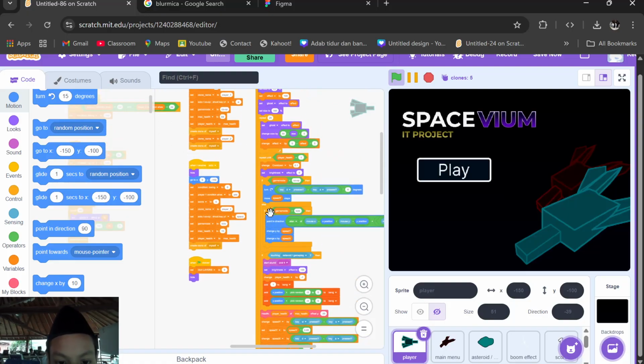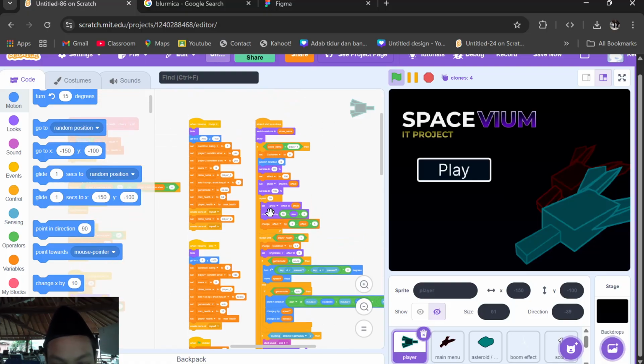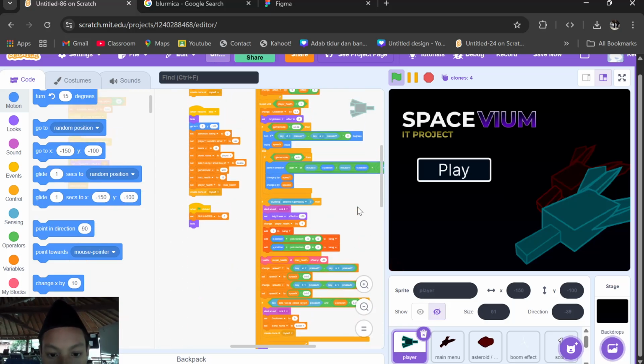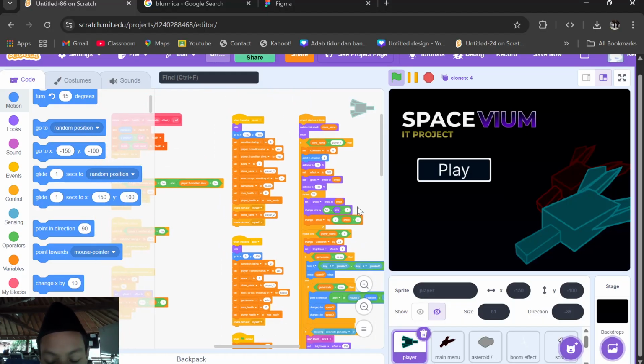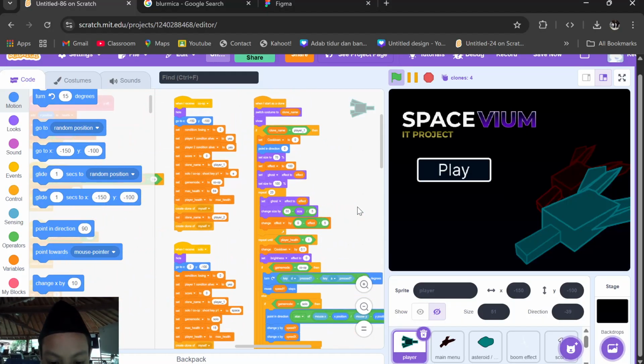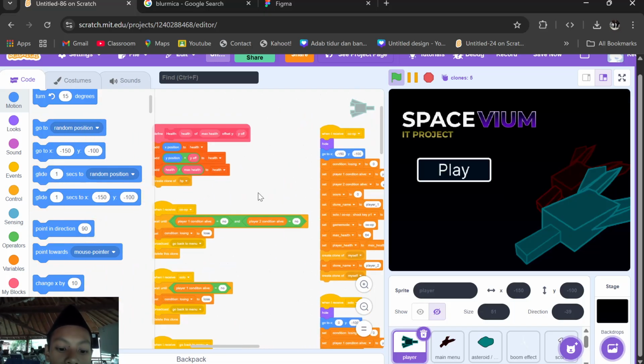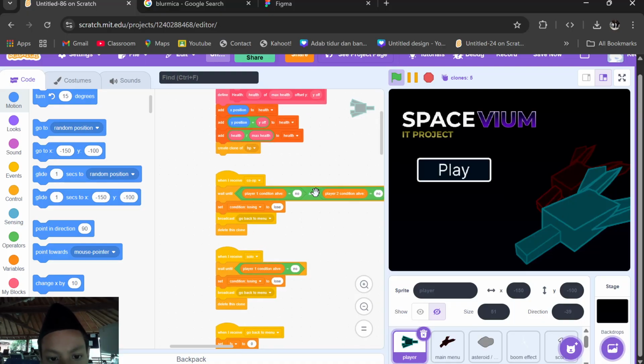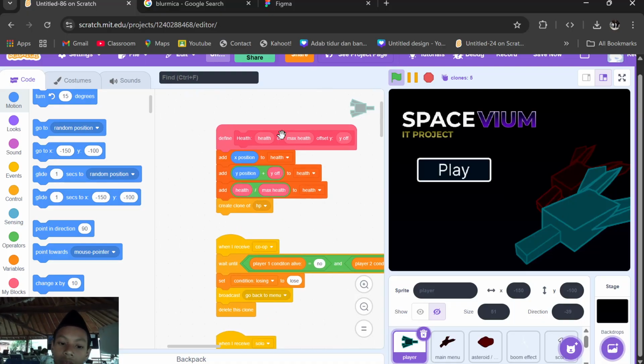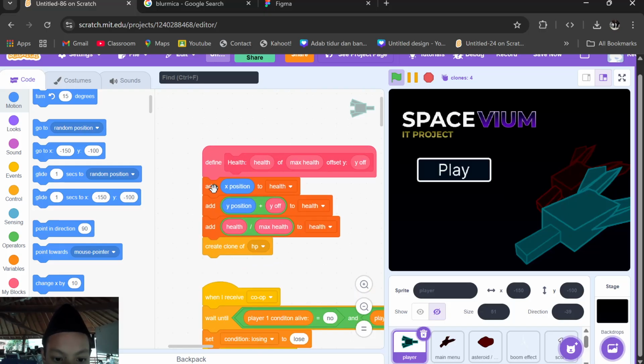If player 1 is not in solo mode, you move using WASD and direction using the mouse, and shooting using space. But if you click co-op, it will change, because co-op is for two players to play on the same laptop.